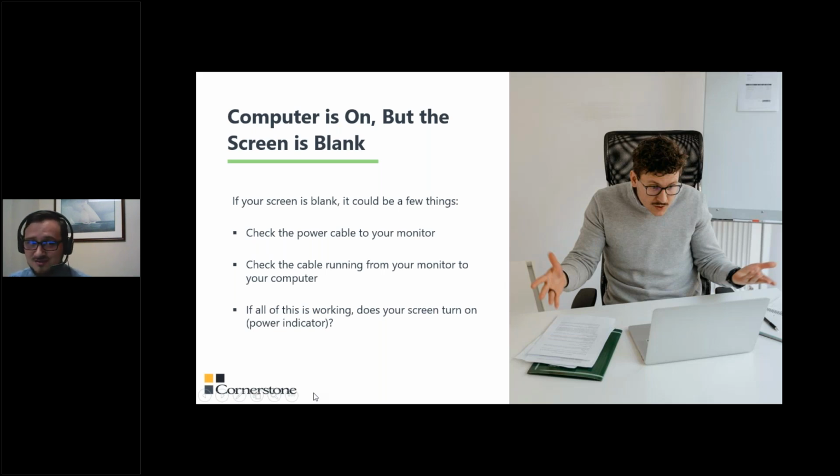Just like I showed you with the computer itself, the monitor as well has one of those power plugs. I believe it is this one right here for these screens. Now, these power plugs operate exactly the same way, and they plug in just back there at the very back of your screen.